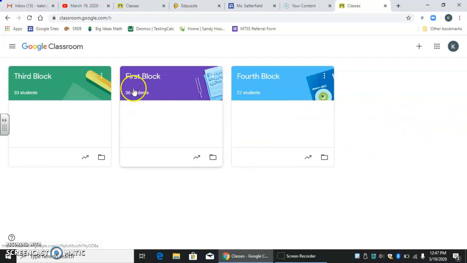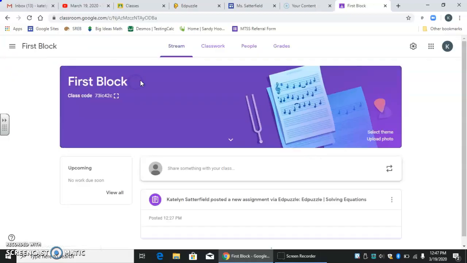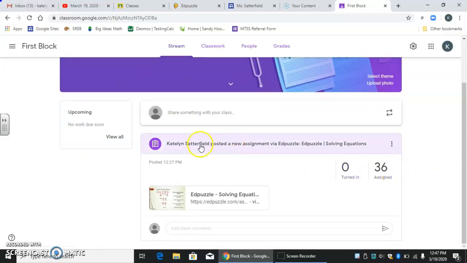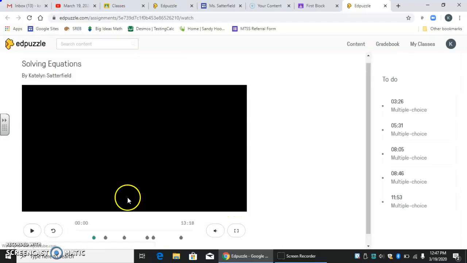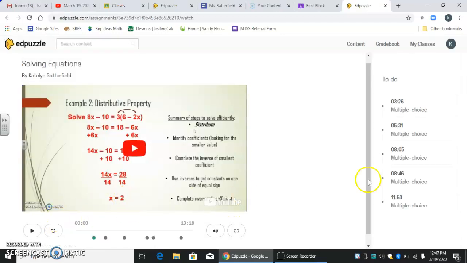So if you're in my first block, for example, you're going to click on first block, and I have uploaded an assignment on the stream. It's an Edpuzzle video that I created, and you click on it. And as you watch the video, you're going to have a handful of practice questions that you should complete, and they are automatically graded. I am going to do my best to create an additional practice assignment that I'm going to post on Google Classroom